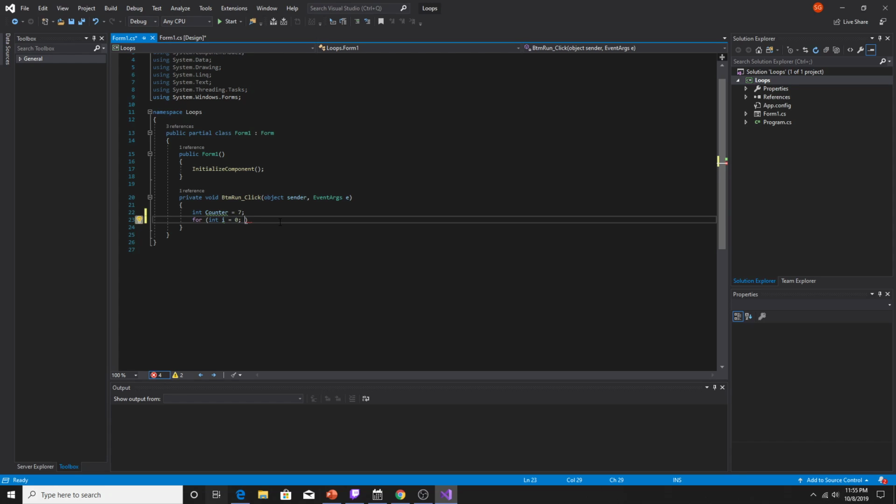Then we write our validation statement. So if I is gonna be less than or equal to, no, equal to counter, which is in this case 7, right? So counter. So then it's going to run some code and update our I, right? So then